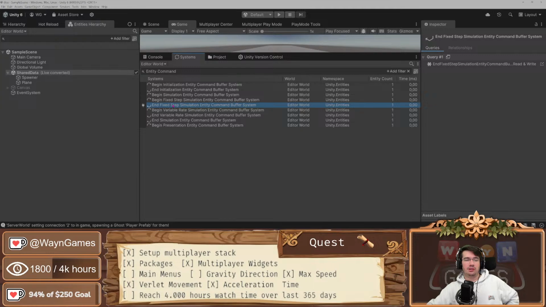Because if you do that, so if you create all your entities in the begin simulation and you do all the delete or update, so basically you need to make sure that you unload and reload your scene